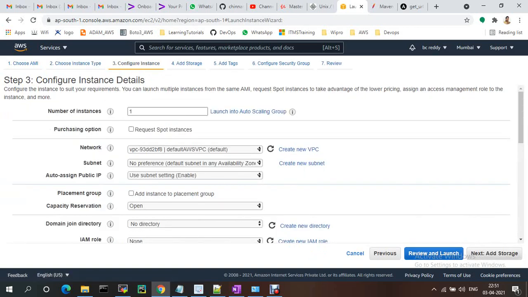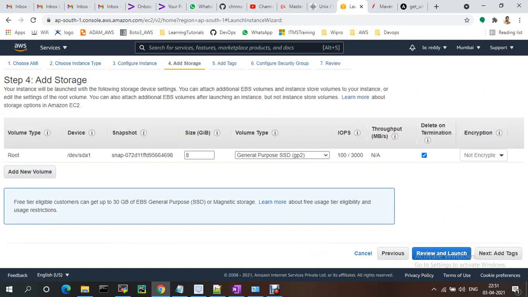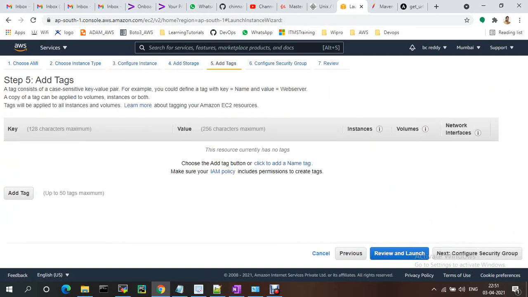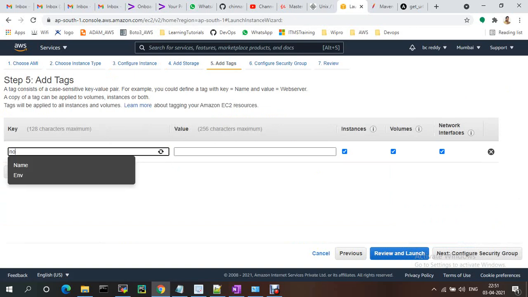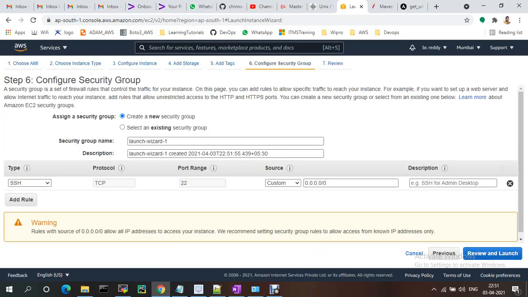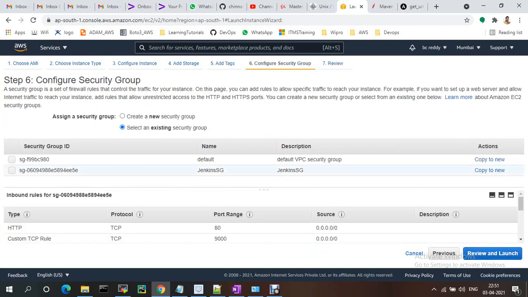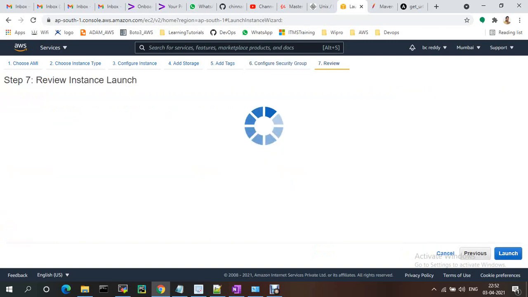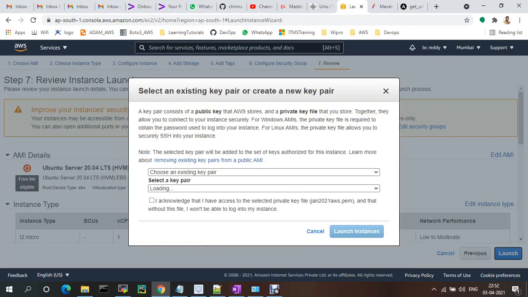So node 4, Ubuntu. I already created a security group. Just launching this instance. Okay.